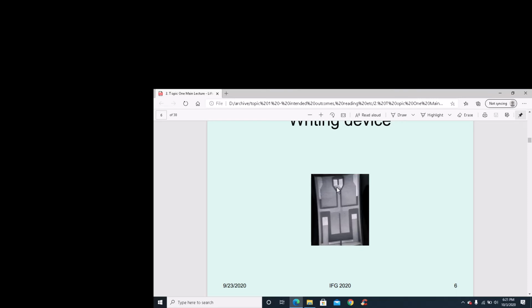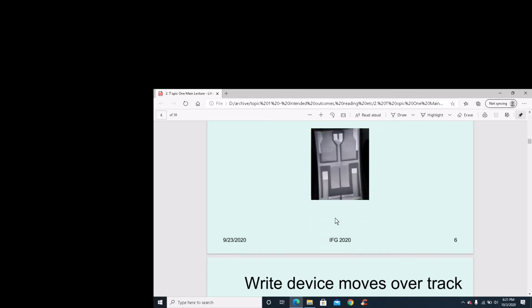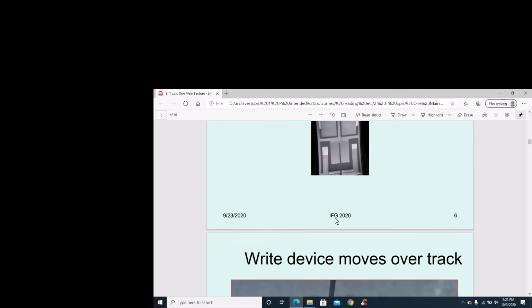And I'd really appreciate it if you can tell me a little bit more about the writing device. Like, what's it made of? What are the principles of its operation? I mean, have a go. I'm not asking you for anything degree level. It's just a bit of basic information about writing heads,